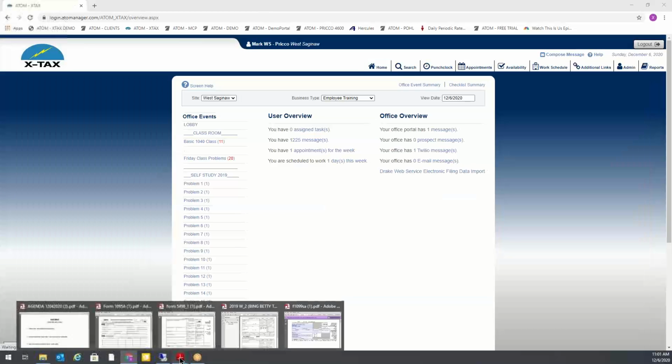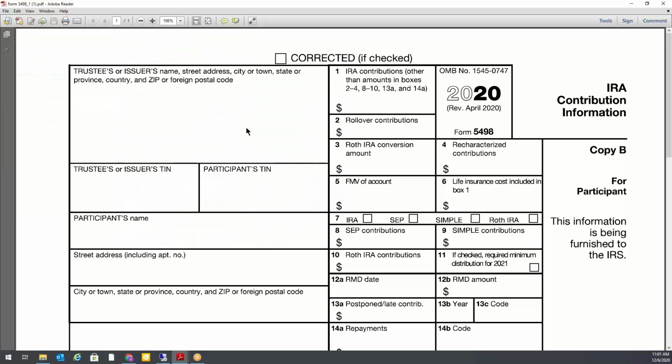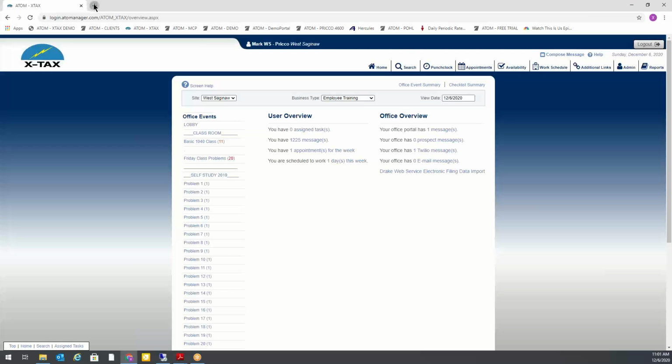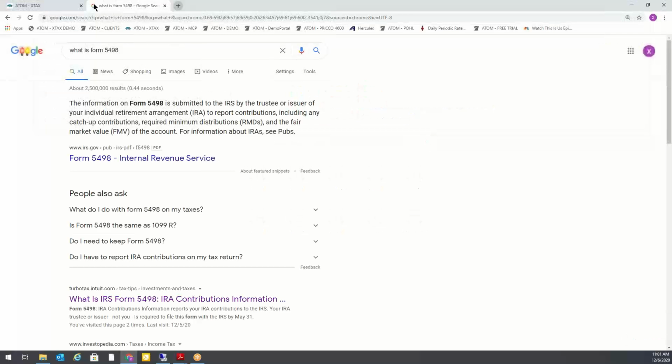All right, so Form 5498, which is right here. And as I showed you before in the last class, I love using Google. So what is Form 5498? Let's let Google tell us. So what it is, it's retirement information. If you put money into an IRA, which is a retirement account, or if you have to pull money out of retirement accounts, Form 5498 is just for informational purposes, and it's coming from the